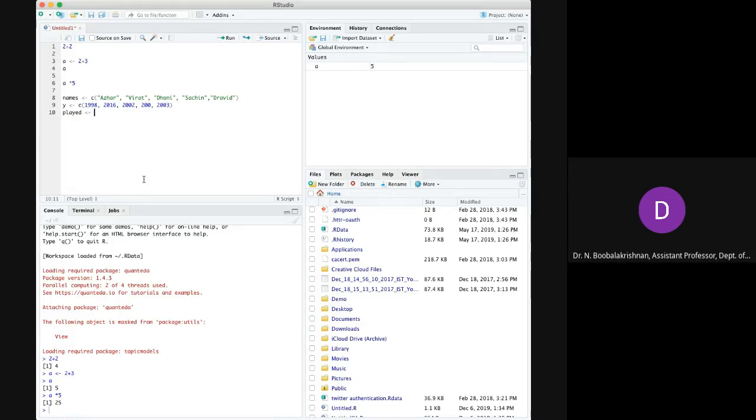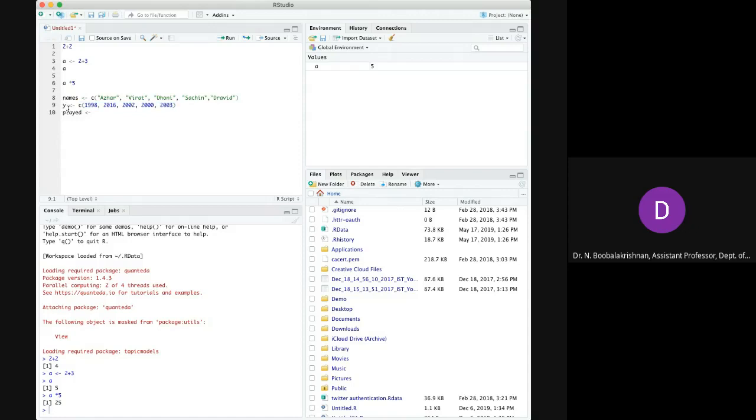So I am storing the values. This is the character vector, and this is the numerical vector. I am storing it under the names.